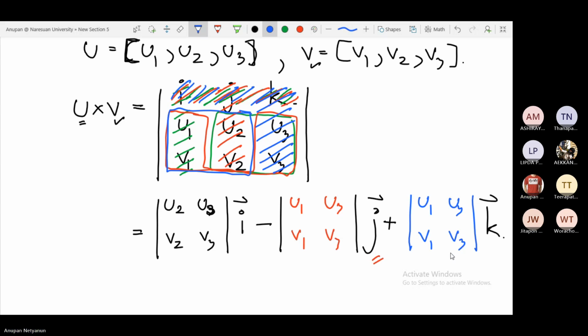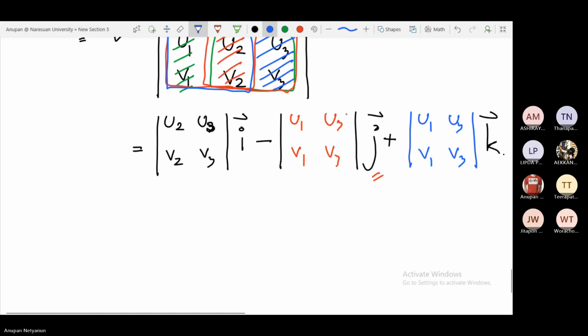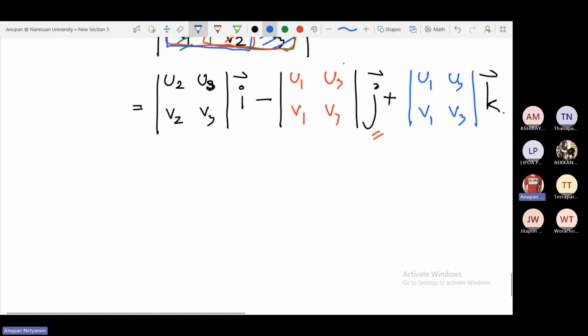Okay. Now, once you have this, to find the determinant of this 2 by 2